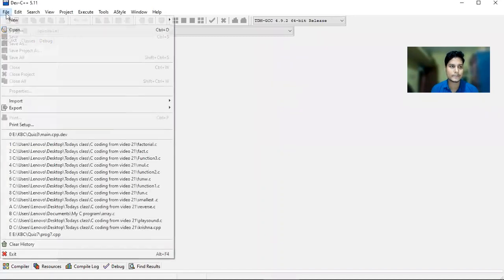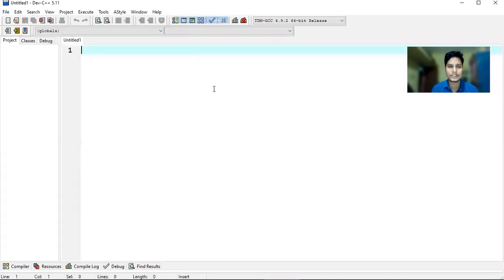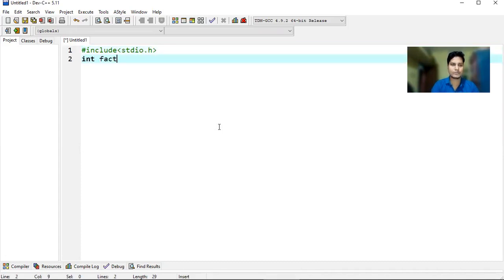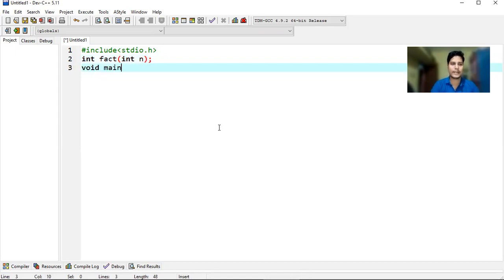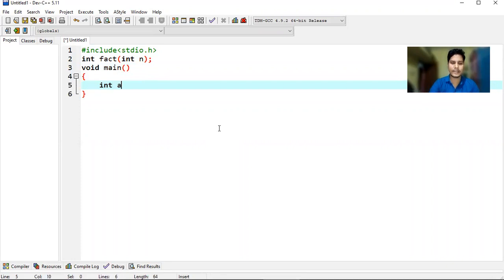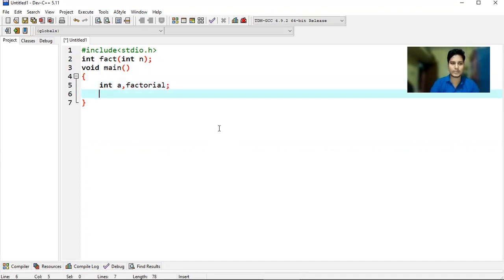Here I'm writing the program. From file, I'm selecting new, then source file. As include stdio.h, then int fact within bracket int n semicolon, then main bracket start, int a comma factorial semicolon. Now I'm using the printf function